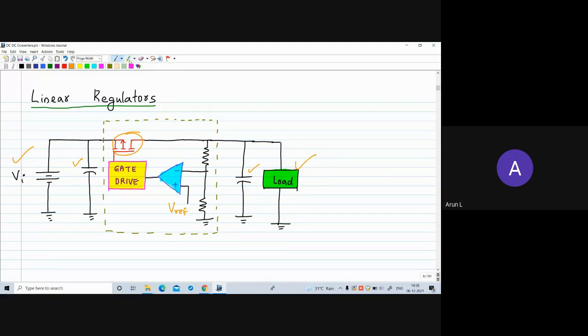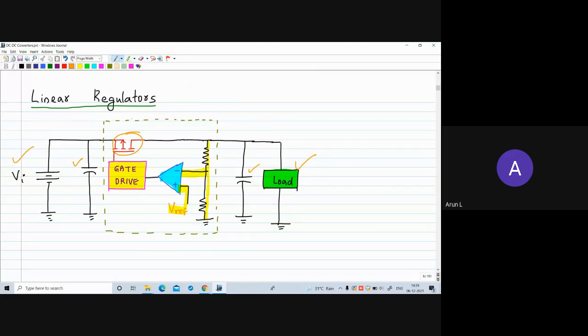In order to sense the output voltage, a potential divider arrangement is used as shown here. Then a fraction of the output voltage is fed to one terminal of the comparator, and a reference voltage is fed to the other terminal of the comparator. The control circuitry can fire the MOSFET, and based on the control signal, the conductivity will change. If you drive the MOSFET deep into conduction, it will offer a low resistance, or you can reduce the conduction level of the MOSFET by changing the gate drive. Thereby you can regulate the voltage across the load.